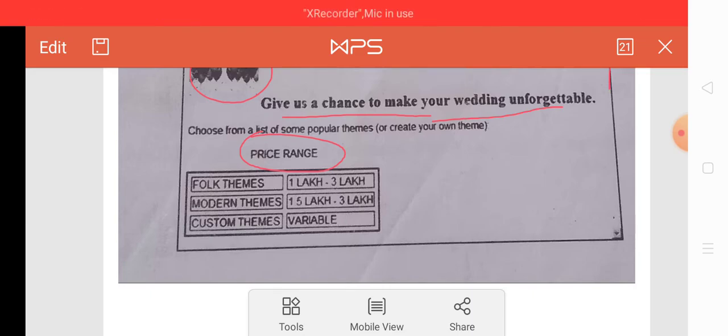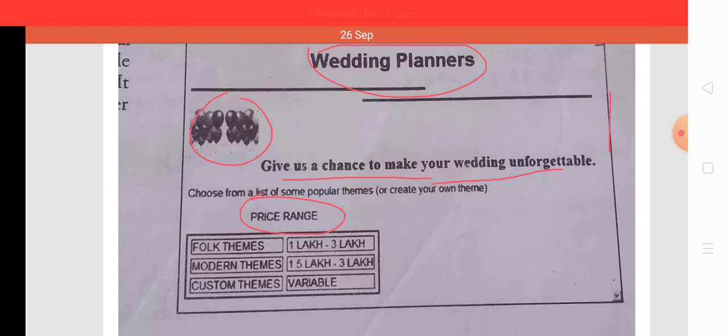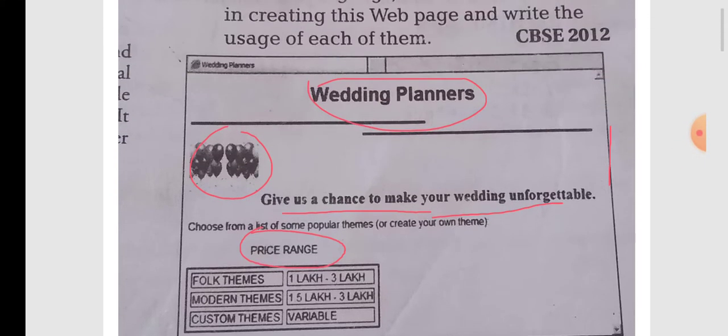So at least three tags must be there whenever there is a table in a web page. And if there is a heading of the table also, then we can easily get four tags regarding the table. Now let us see what the different tags are that are used here.